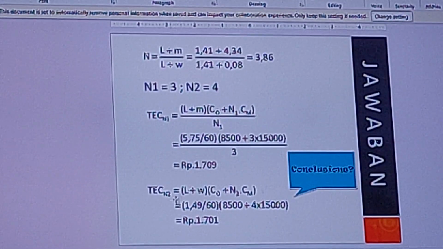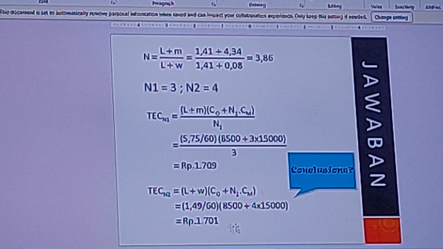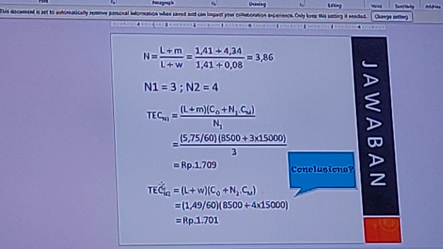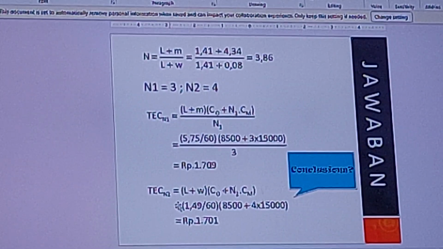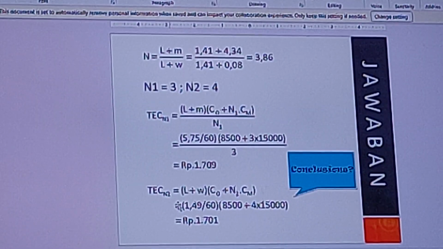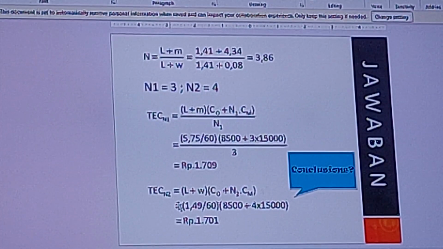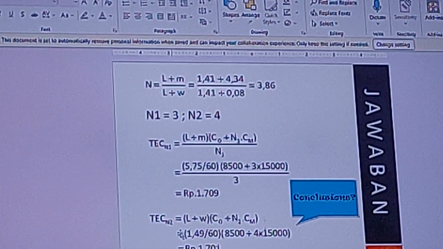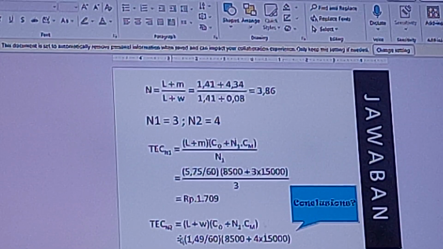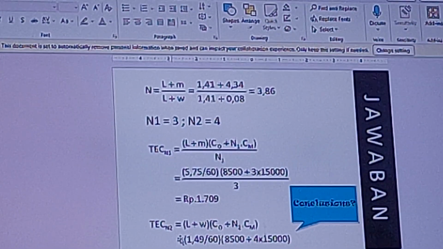And then for the second formula, put in the data, and then continue to the result. Based on this concept, we decide that 4 machines are better than 3 machines, because based on the expected cost. This is only one point of view. But sometimes in the real case, I think we can analyze with many points of view. Sometimes we can combine. But this is only one point of view based on the synchronous servicing concept. Understand? Yeah.